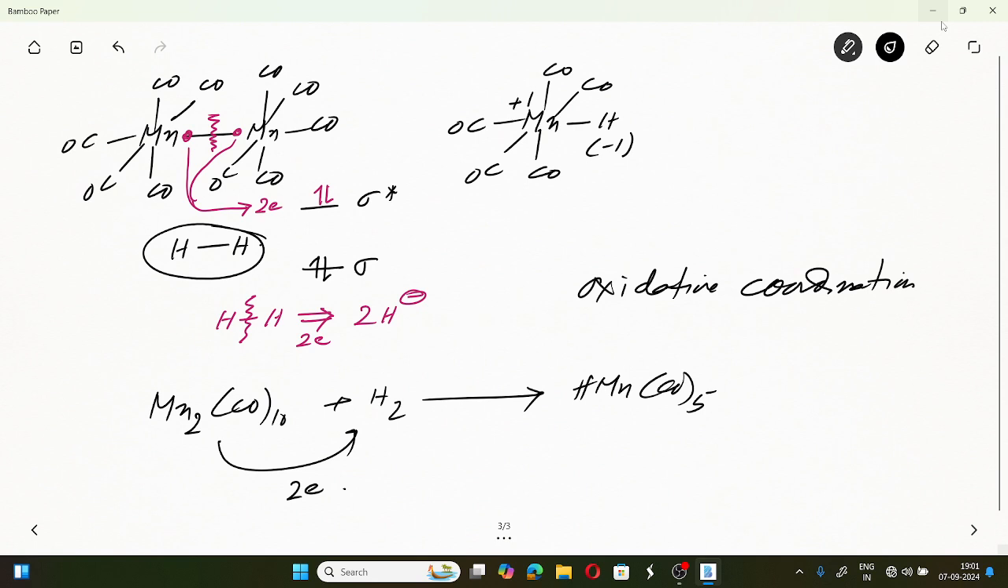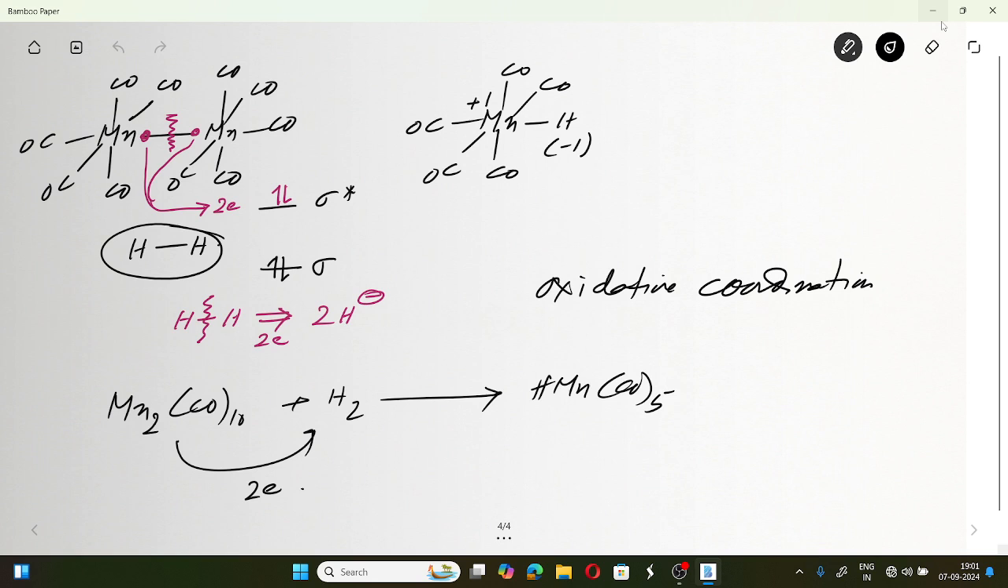Now there is another type of reaction known as oxidative decarbonylation. If you look at this reaction, this is the second category of reaction. Initially oxidative addition, then oxidative decarbonylation. See, in oxidative decarbonylation, if you look at